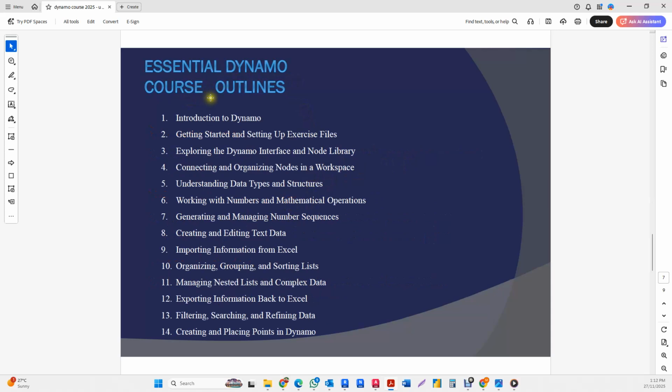This is the course outline: introduction, getting started, and understanding data types, because this is a coding program, so you need to know a little bit about coding. Working with numbers and mathematical operations, generating and managing number sequences, creating and editing text data, importing information from Excel and exporting also, grouping, organizing, sorting the list, managing nested lists and complex data, exporting information back. All this is